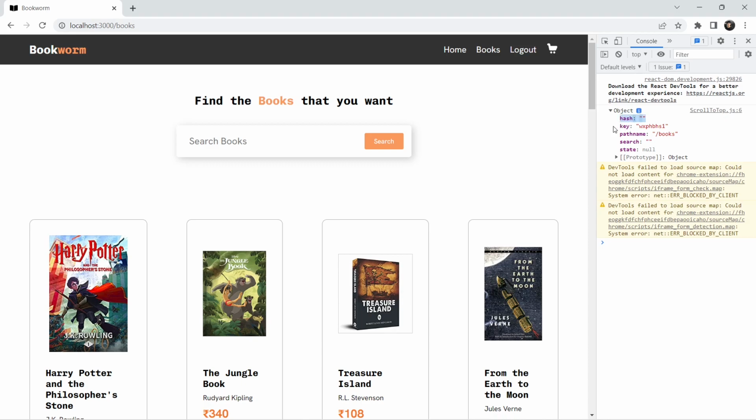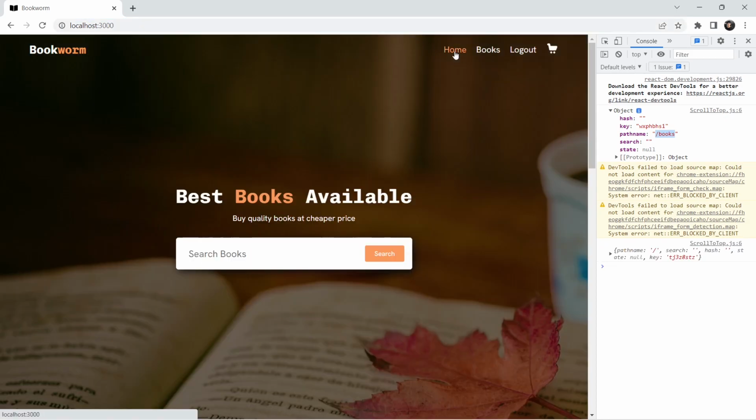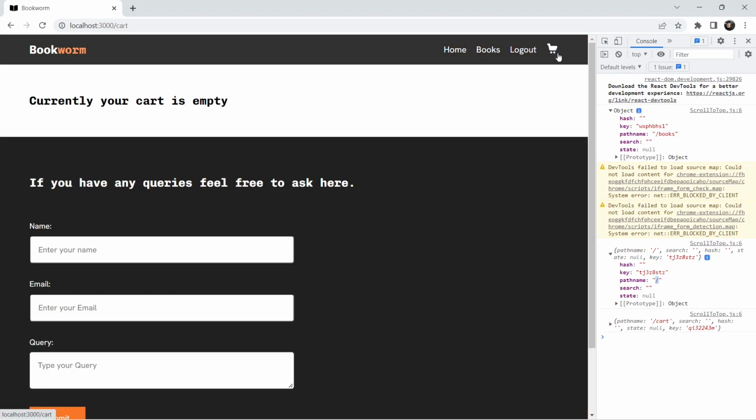You have this hash, you have this key, but you have this pathname as well, right? And this pathname is currently slash books, which is this path over here. And if you go to a different path, let's say home, you're getting a pathname of slash, which is our root. And if you go to cart, you'll get a pathname of cart. So now here you can see that every time we are moving from one route to another, this pathname is getting changed, and we can use this pathname